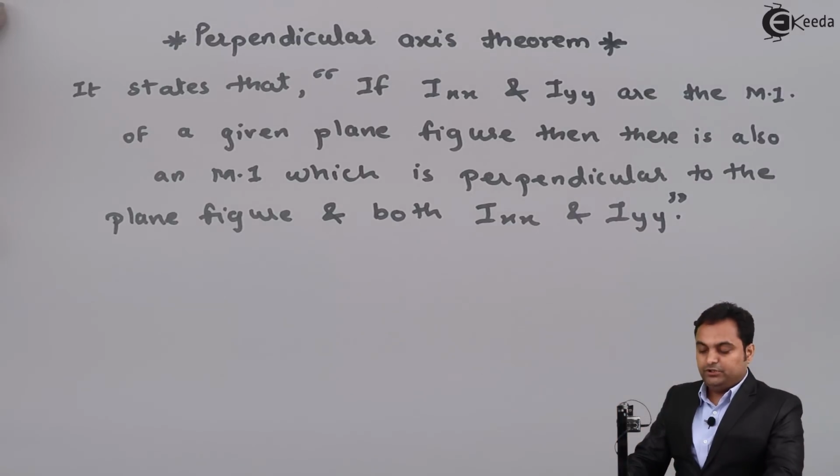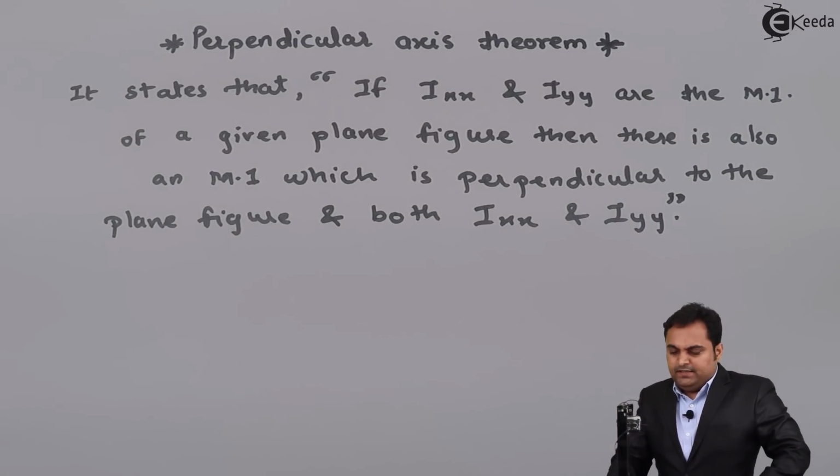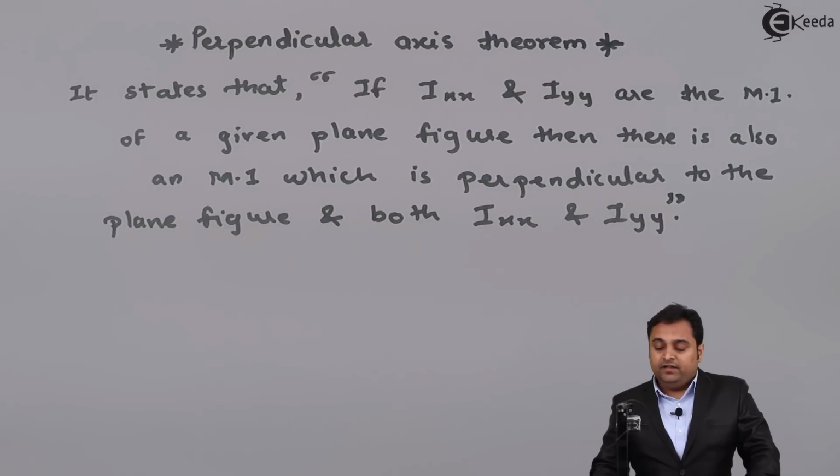So this is the statement of perpendicular axis theorem, that if Ixx and Iyy are the moment